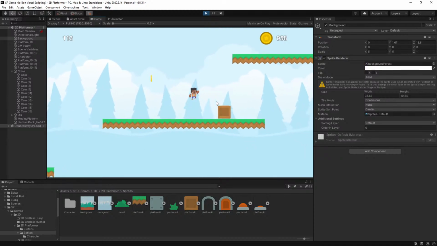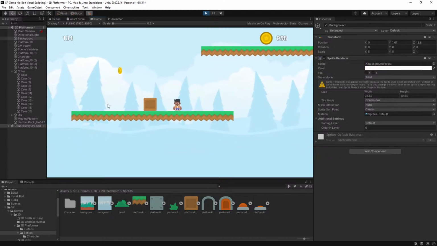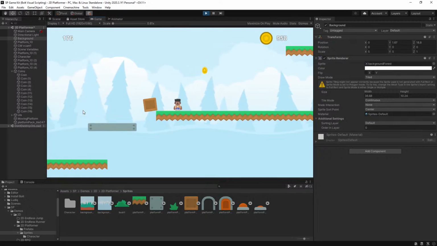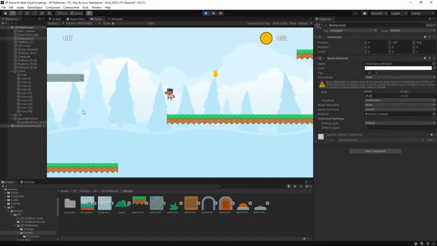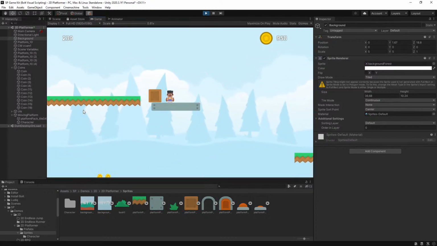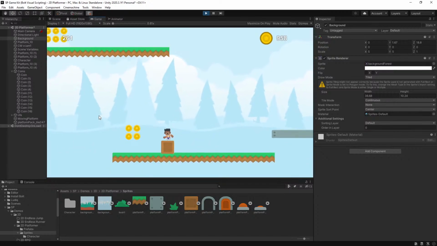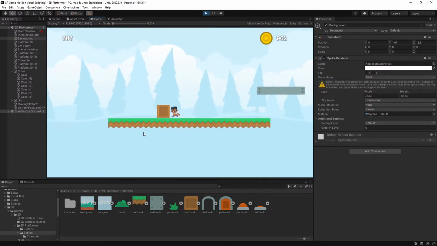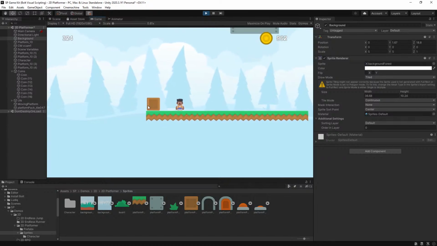But I really want to see how the box is going to behave. Nice, it actually gets attached. Pretty cool. So yeah, if you want to add this box to get to some point that you wouldn't be able to access otherwise,